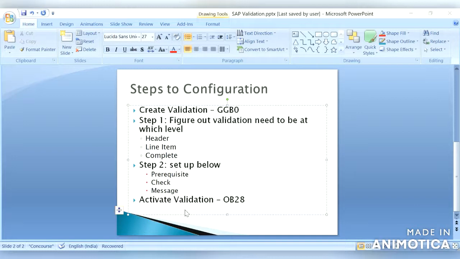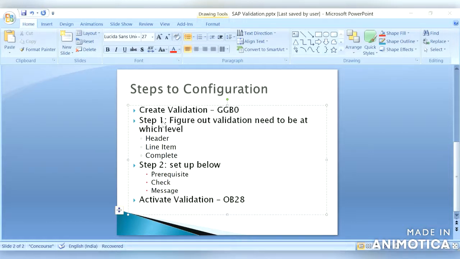Both the combinations is like, we can say the document type is SA, then you have to use this particular GL account. So then we can see here, one is at line item level and other is at header level. So at that time we need to use the complete level.